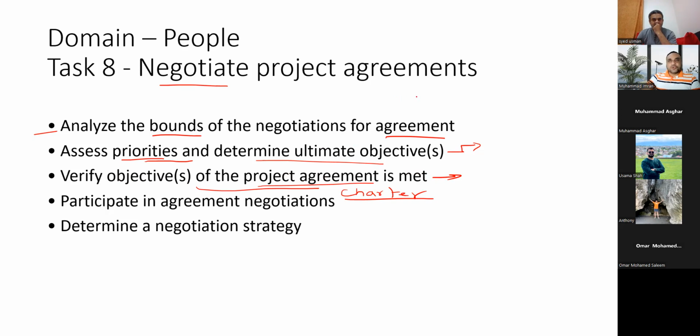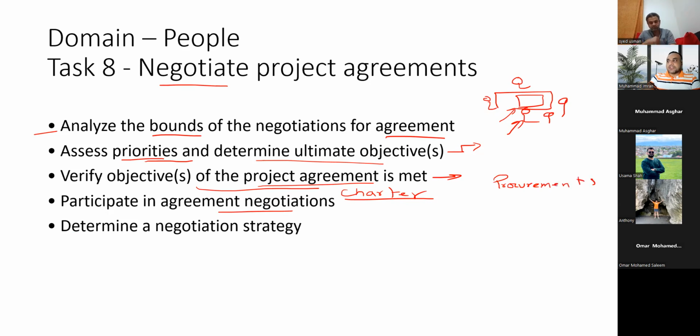And we discussed in the procurement chapter the difference between agreements and contracts. Agreements are more like verbal things, and contracts are legal bindings. So you can say that as a project manager, you are here, your team is here, and your external stakeholders are here, and you are discussing upon the charter what the possibilities can be, how we can make it better, what we can do. So ultimately, we can improve the project objectives.